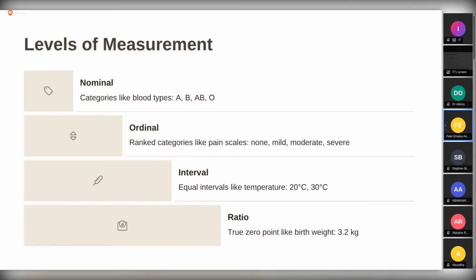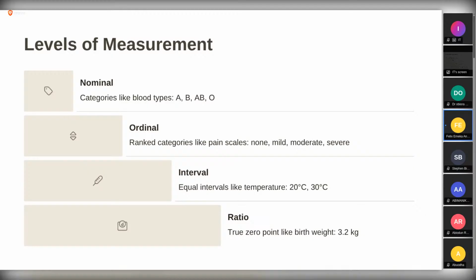Then there are variables that are usually called interval, and every interval has equal steps, like 0 degree, 20 degree is an interval, meaning that for you to go from 0 degree to 20, it means 20 is 20 of 0. 30 is 30 of 0. That's why it's called interval. It is increasing. All right. So it moves from one level to another. That's why it's called interval. It grows from one level to another.